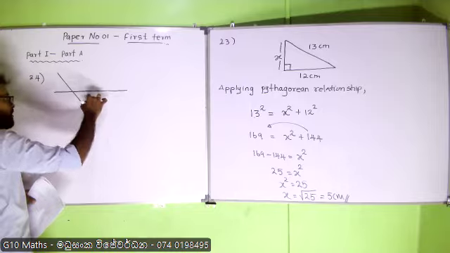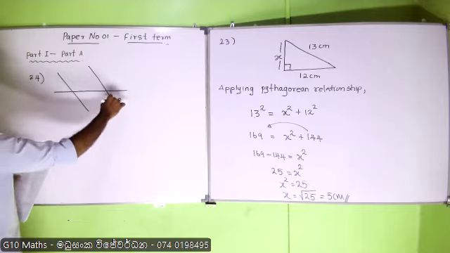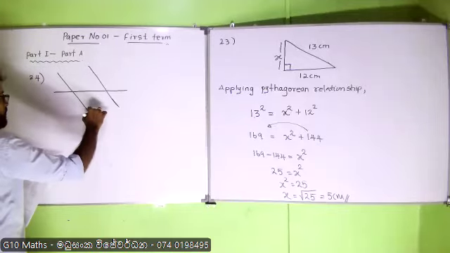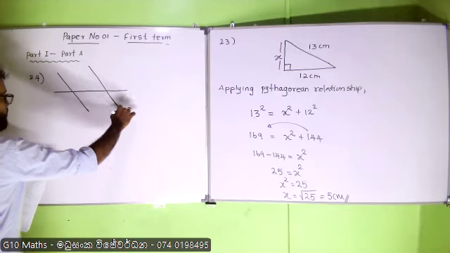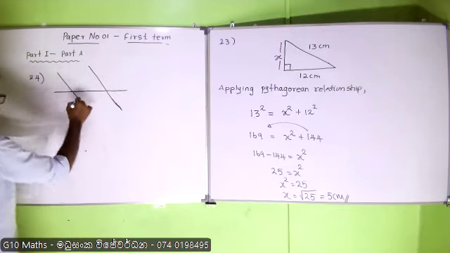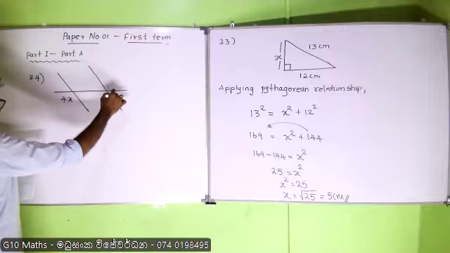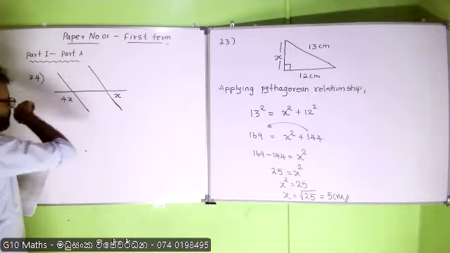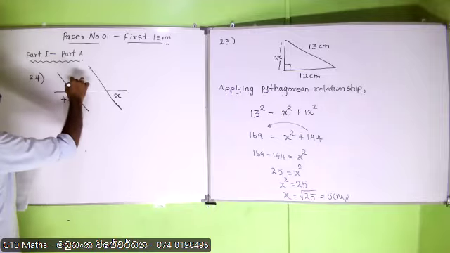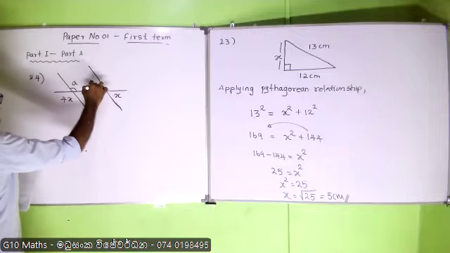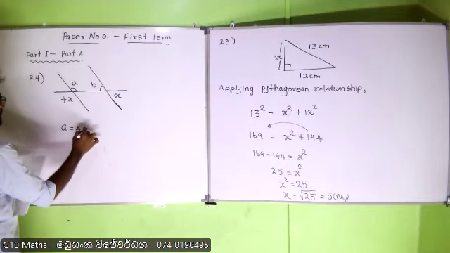Transversal, two parallel lines. This angle is 4x. This angle is x. Alright. So I will name this as A, this as B. So I can write A equals 4x